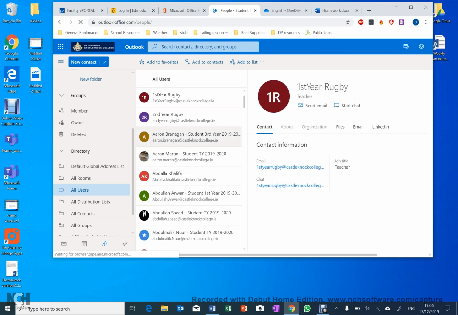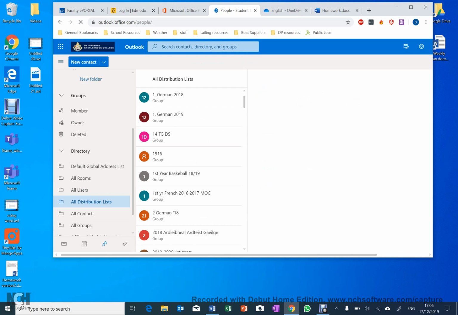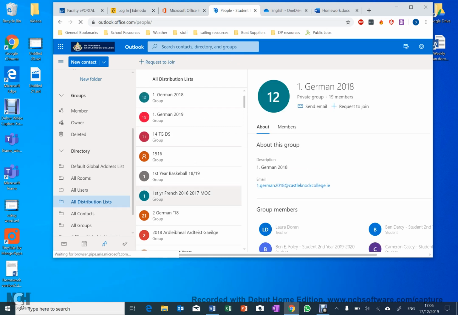so we can see there's some TY students, third year students. I can also send an email to all of the people who are associated with rugby. They're called distribution lists. We have that down here, so I can send email to lots of people, so everyone in the first year French class. But obviously this is something we don't necessarily want to abuse. Okay, so let's just go back here,